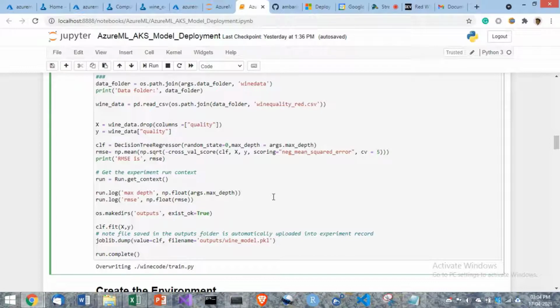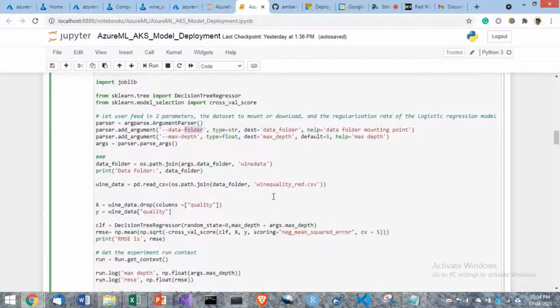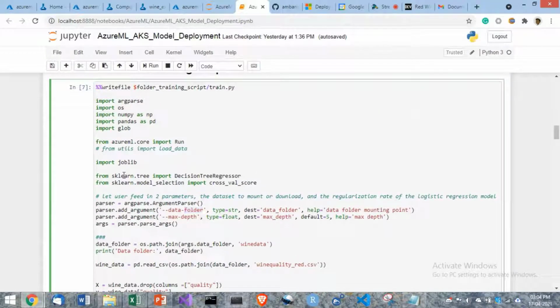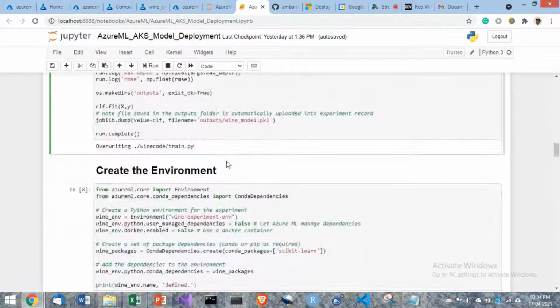Any data scientist would build his or her own model. Here I built a very simple model, a decision tree regressor. You can do anything because you are using the sklearn library. You can use XGBoost, LightGBM, anything.